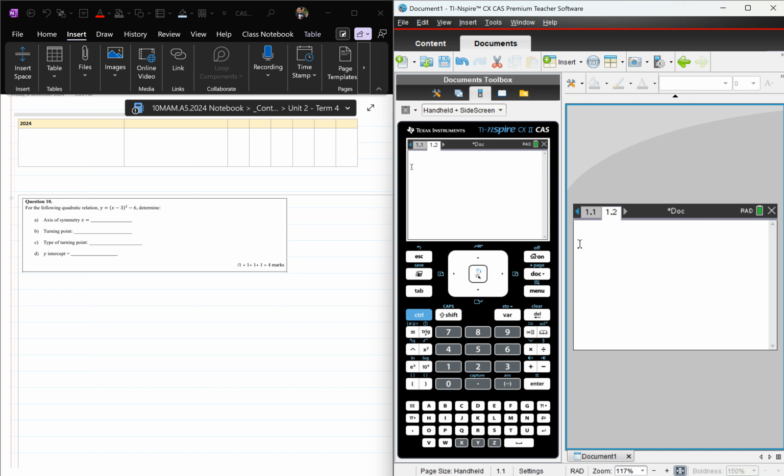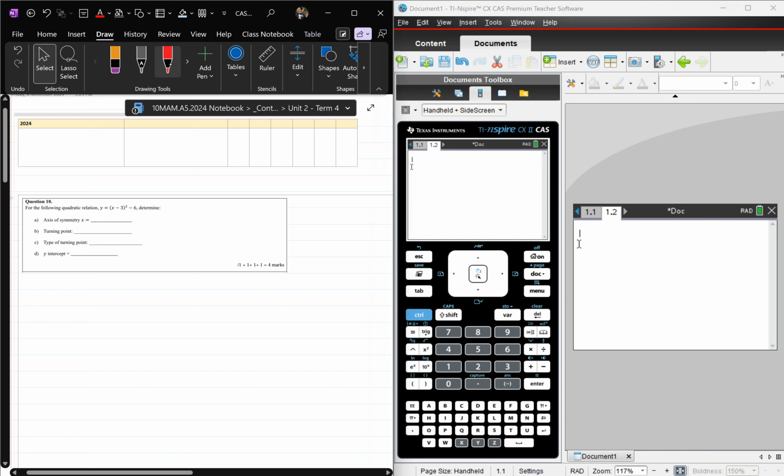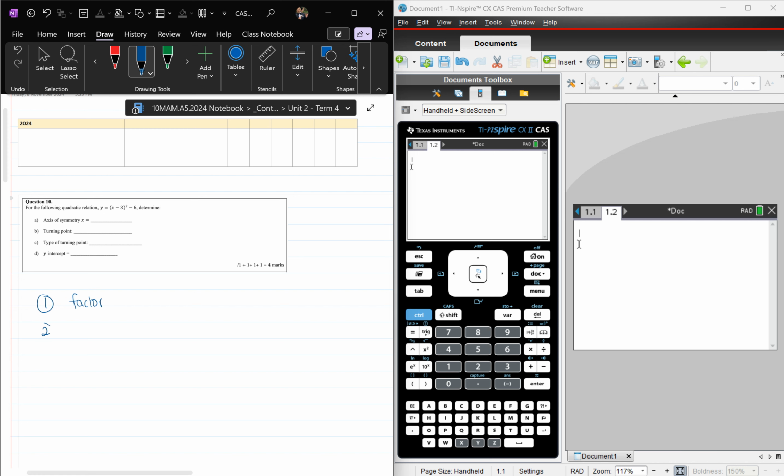Now, a couple of basic things that you need to commonly use are three things. One is called factor. The other one's called solve. These are the two most common ones that you would be using, especially for quadratics. Here and there, you would use number 3, which is called expand. You don't need to write this down. I'm just going to show you where you can find it because it's all in the same menu section. These are the three that I often use, but as a precursor to these three,